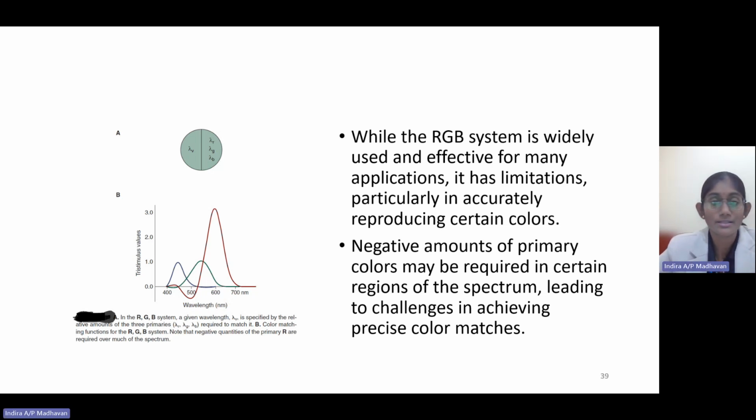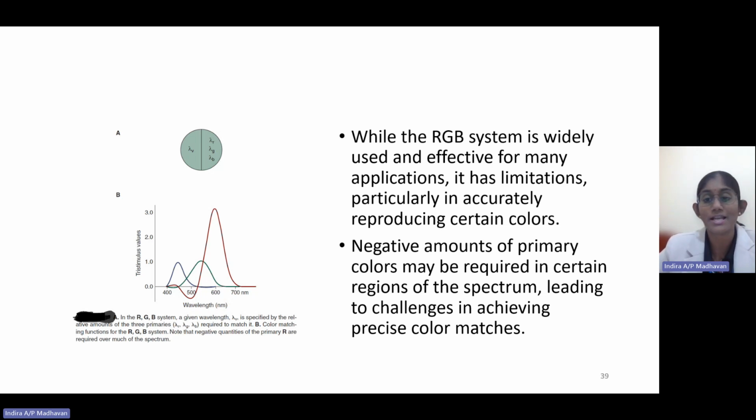Okay. So when this RGB system is widely used, once the investigation is done, they actually try to use it, whether it works or not. But it was found that they have a limitation while using it as a system, in accurately reproducing certain colors, especially in this zone, about 450 to 500 nanometers. There is an issue in reproducing these colors because we don't have a proper value for it. The negative amounts of primary colors may be required in certain regions of the spectrum, leading to challenges in